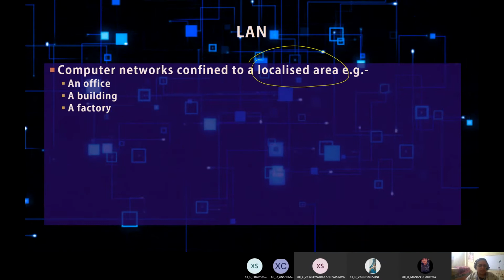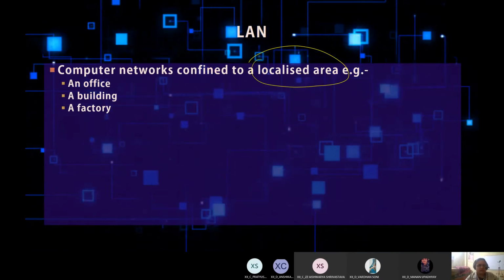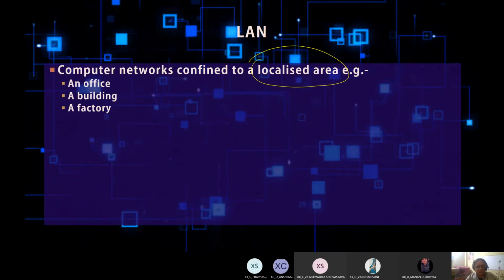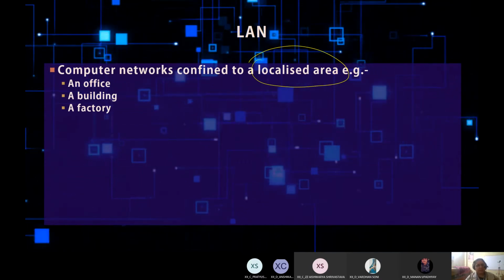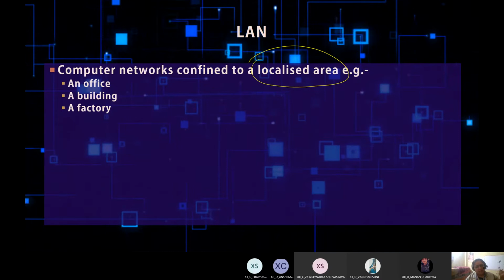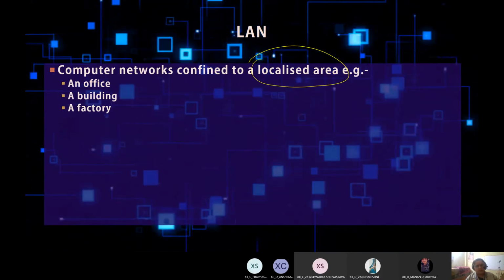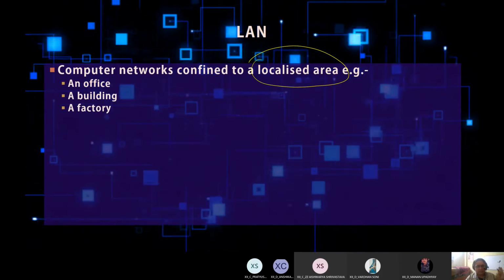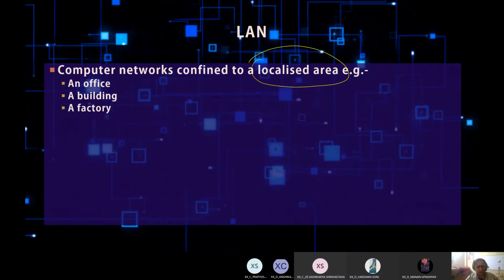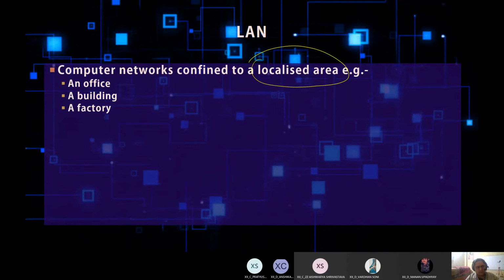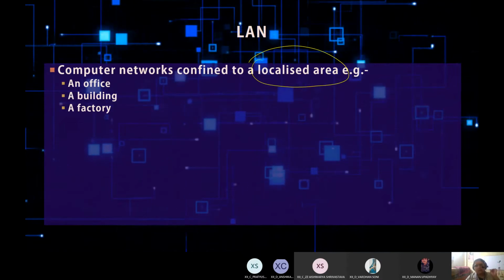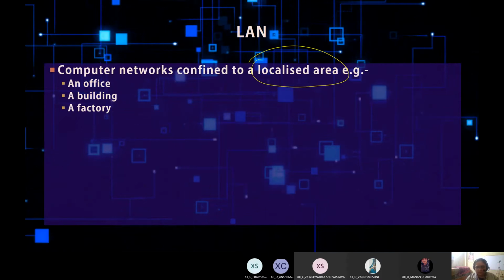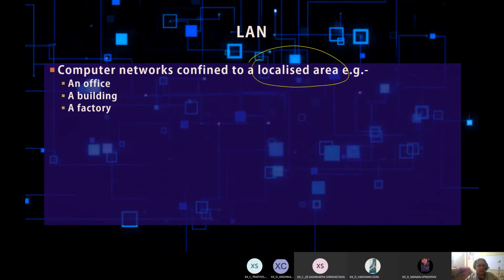I'll give you the example of our Montfort school. You have one LAN in lab 1, you have a second LAN in lab 2, and you have a LAN which is there. I'll just speak out the names of the rooms which have computers connected to the LAN: principal's office, the IT admin office, the accounts office, the reception, the medical area, then the three coordinators' rooms, right? So this forms a LAN.